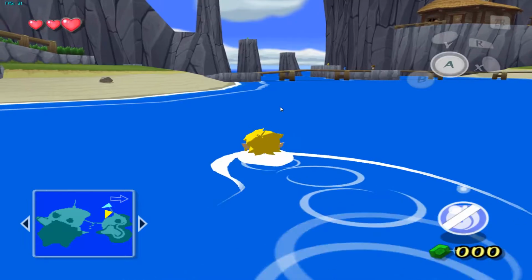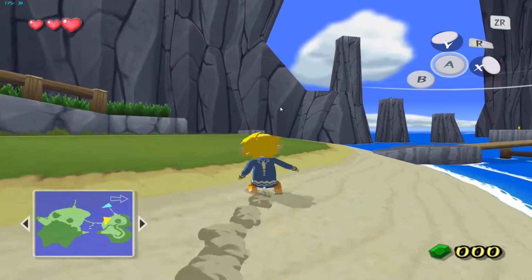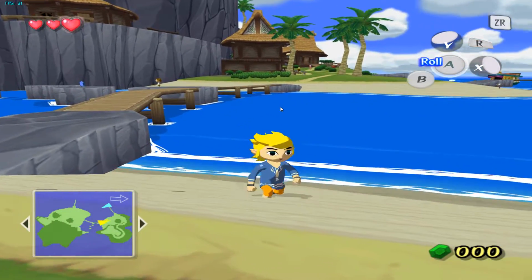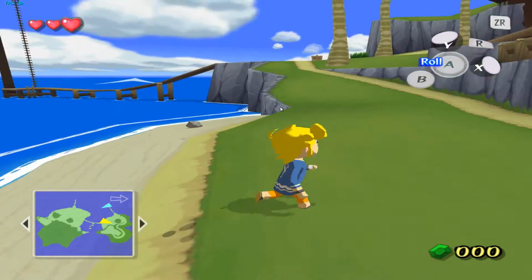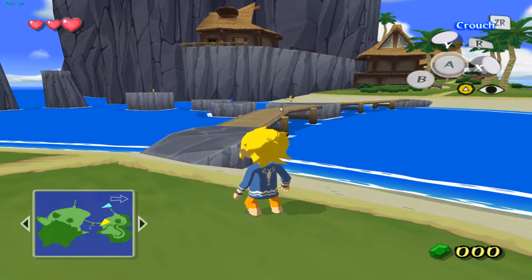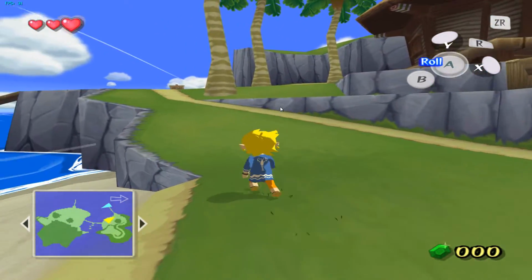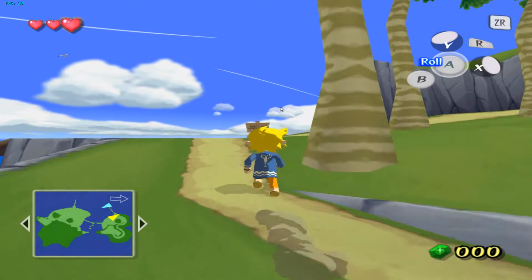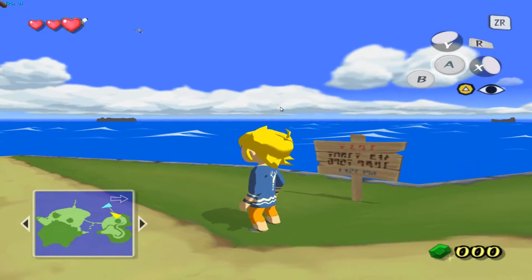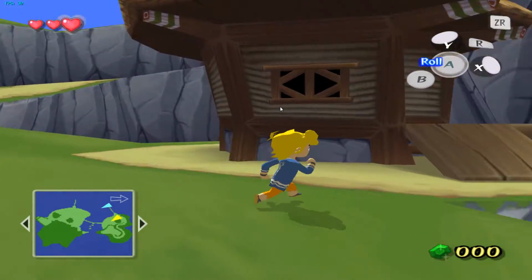4K. It's actually technically between 1440p and 4K. I'd call it 2K. But everything looks very crisp. I don't know how well it will look on YouTube, but everything's pretty crisp, pretty snappy. 30 FPS is the speed this game is meant to be played at, and there's no lag, and everything looks pretty good. As you can see, my graphics card is going between 31 and 30 FPS, and it really just